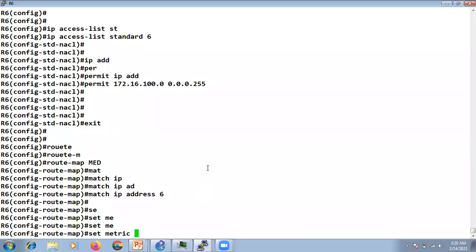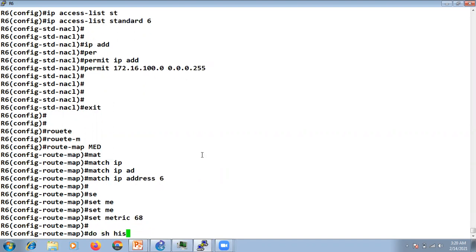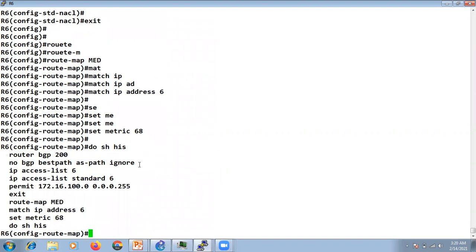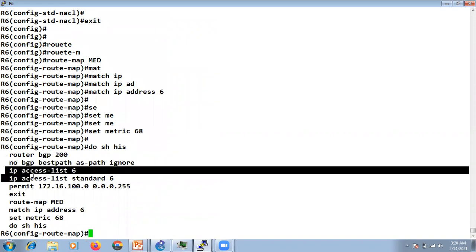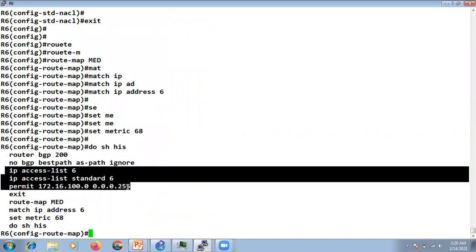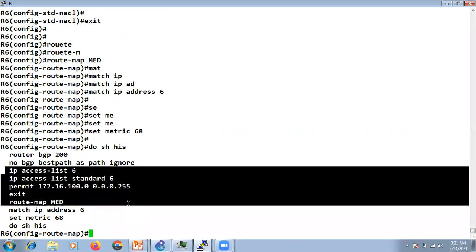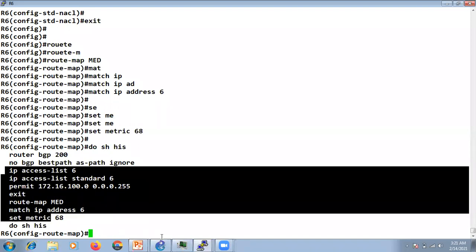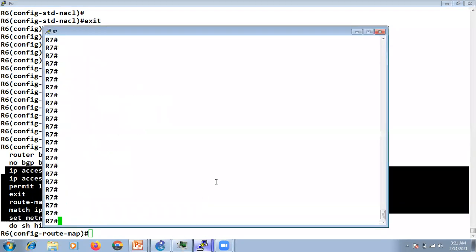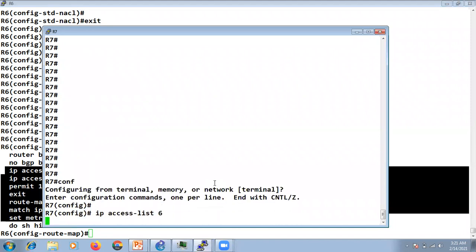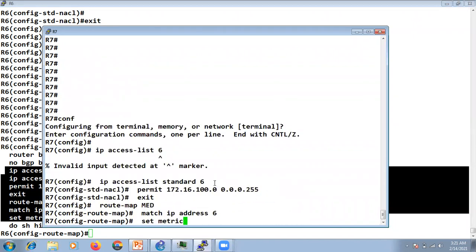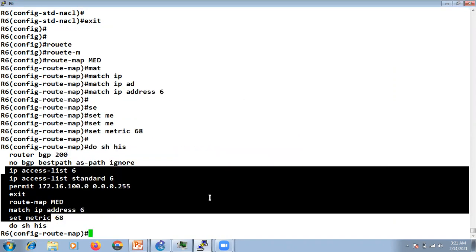So at R6, set metric 68. Do show history. Let's copy this ACL. Let's permit this and let's copy till here. I will go to R7 and we'll send metric 78 from R7, right?